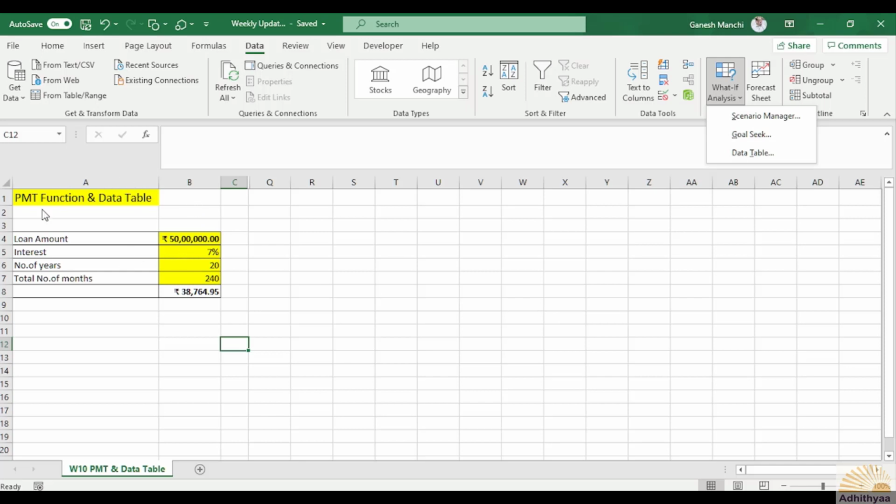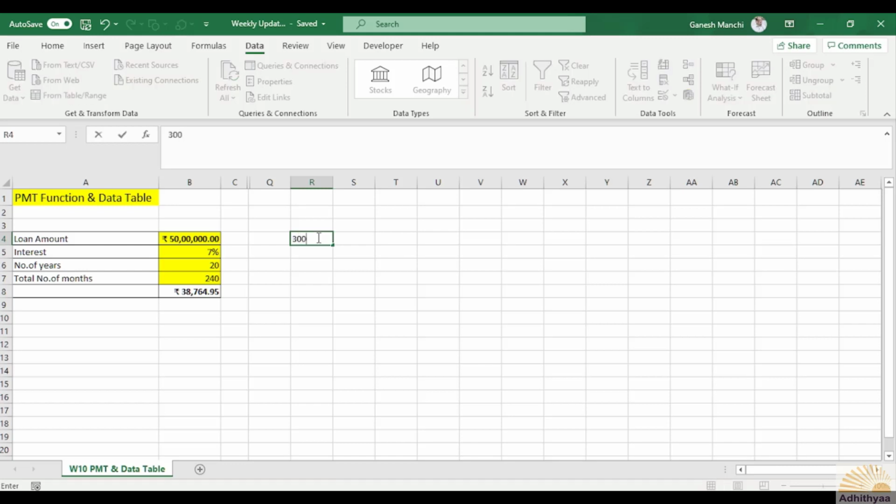Consider this: for a loan amount of 50 lakhs Indian rupees, the individual has to shell out 38,764 rupees 95 paise. And if the loan amount varies, for example, if the eligibility is only 30 lakhs, or the eligibility is only 70 lakhs, what happens?